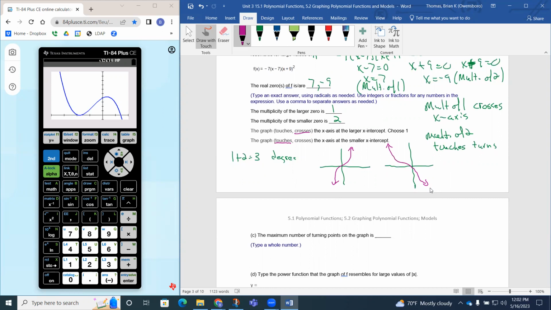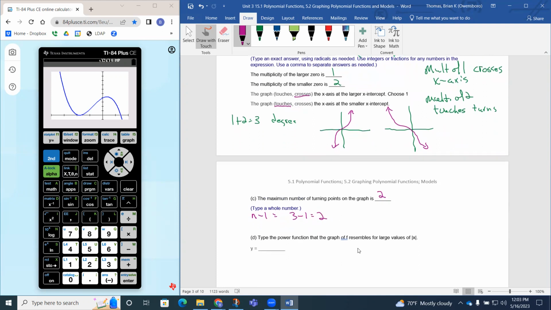So the maximum number of turning points is always going to be n minus 1. So since our degree was 3, we have 3 minus 1 is going to be 2. So there can be a maximum number of turning points of 2. Notice that our graph does turn twice in the graph. But I can actually determine the maximum number of points without graphing it by using the formula n minus 1. So whatever the degree is, if I go 1 less than that, that's going to tell me the maximum number